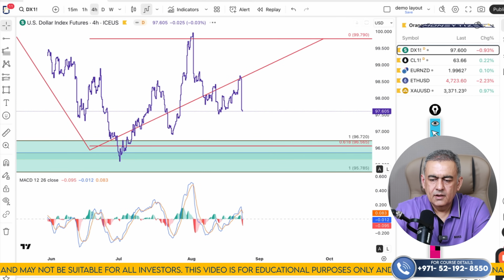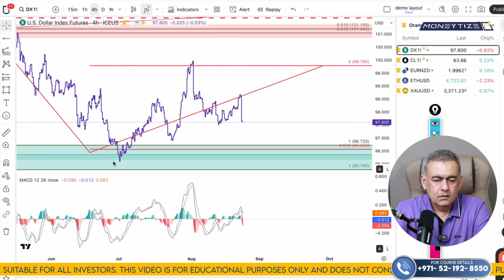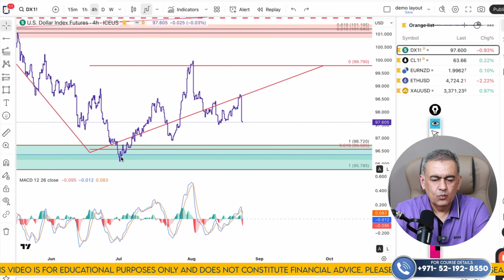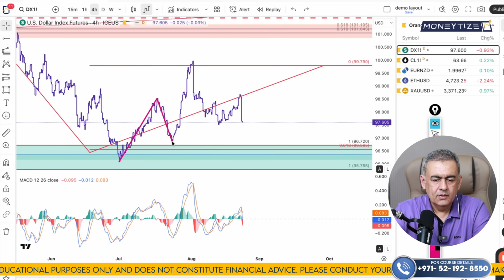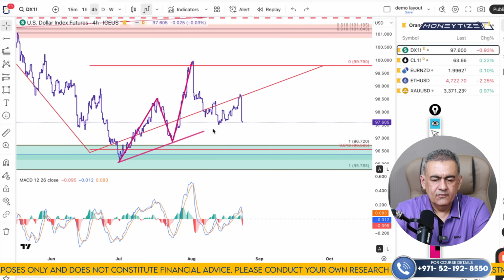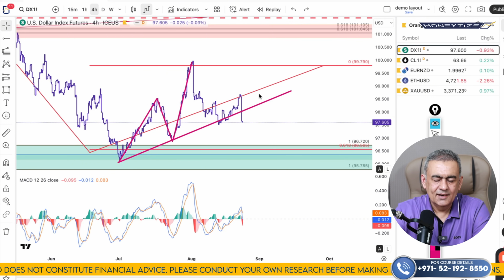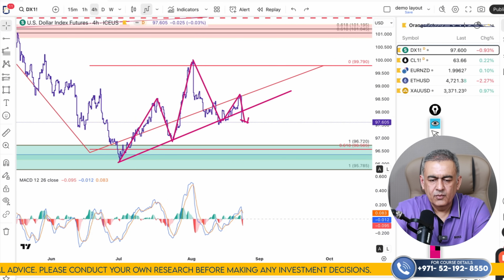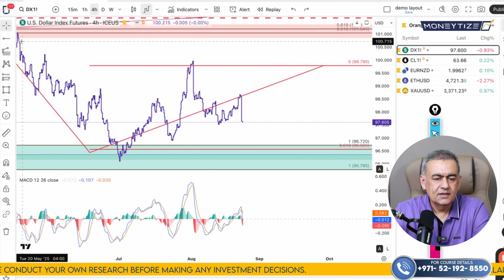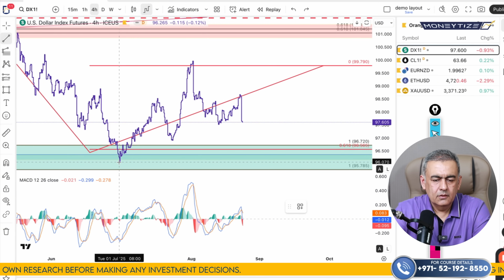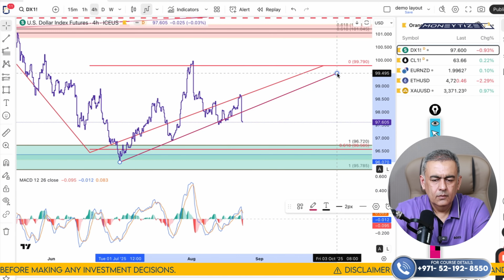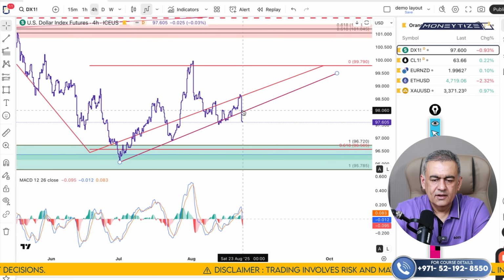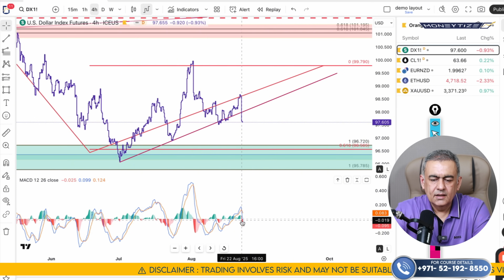On the 4 hourly frame, we got the three-wave structure in the bullish direction. So this is wave 1, wave 2, and wave 3. And now if the rising trend line is compromised, then it means sellers have taken over. And yes, the rising trend line has been compromised. So I need to connect the rising trend line on the three-wave structure. So connecting the lowest to the higher low. And on Friday evening, after the announcement, yes, dollar index has breached the rising trend line and the environment on